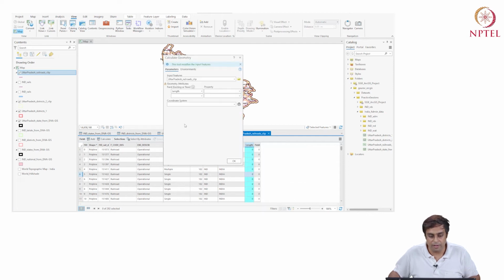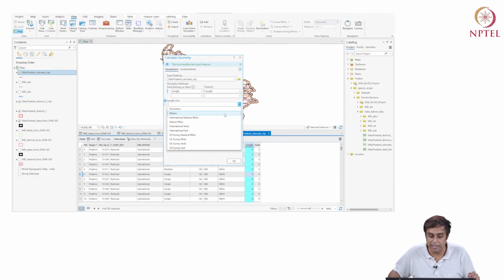Calculate geometry. When I want to calculate geometry, I want to tell what coordinate system I'm working with. So I'm working with the coordinate system of this particular one, which is GCS WGS84. And I want to calculate the property. What property do I want to calculate? I want to calculate the length, right? What unit of length? Well, I want it in meters.